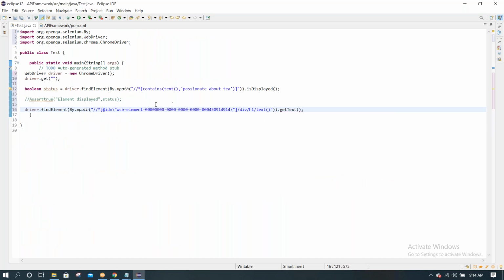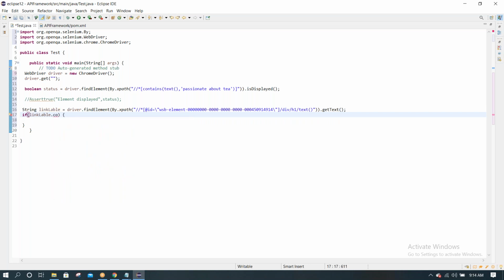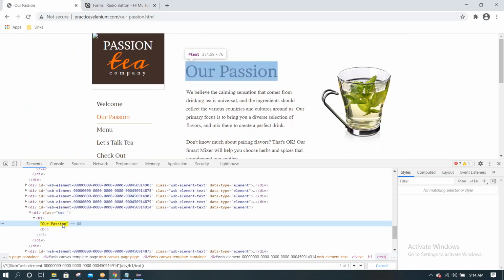Okay, string data or link label, some variable name, anything. Now you can write a condition here. If link label, spelling mistake, ignore it, dot contains, at this time what text, this is our passion.